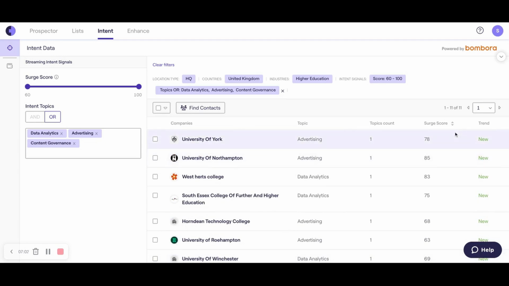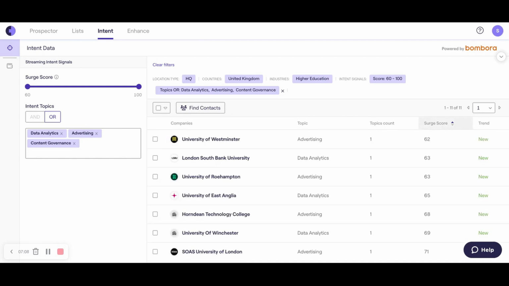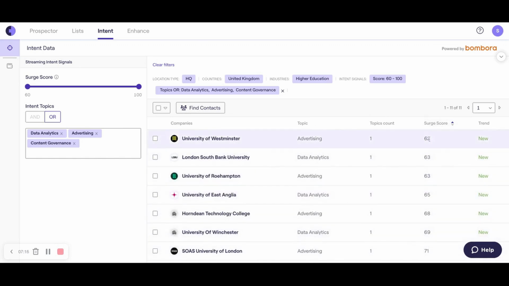Okay, now where Bombora gets really cool, really smart, is they attribute an organization with a surge score depending on the level of intent that that organization is showing. The lower the intent, the lower the surge score. So what Bombora tells us is between 60 and 70, they're very likely in the research phase, still kind of dipping their toe in the market, but we should still probably reach out at this point, maybe put some kind of low touch email campaign together with marketing, some PPC,